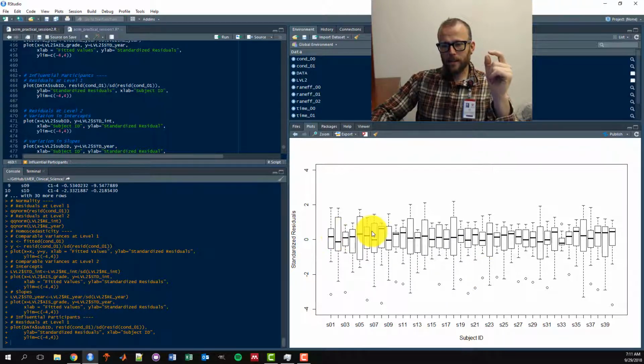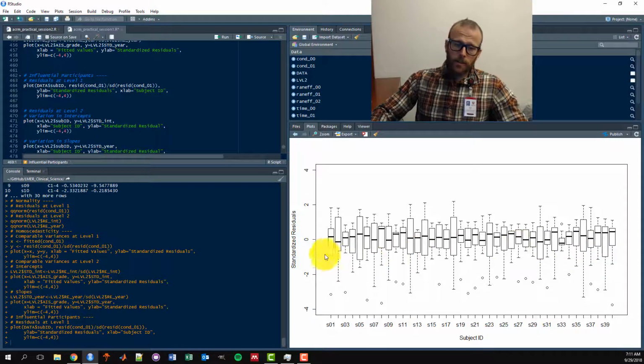This can help us get a sense of whether some subjects are really driving the model and maybe pulling the model one way or the other. Is our model really a good explanation of our data? And if not, for whom is it not a good explanation of the data? You can see that some subjects definitely have a tighter distribution and are better fit by the model than others, whereas other subjects, such as subject 8, or subject 36, which is a pretty good example,